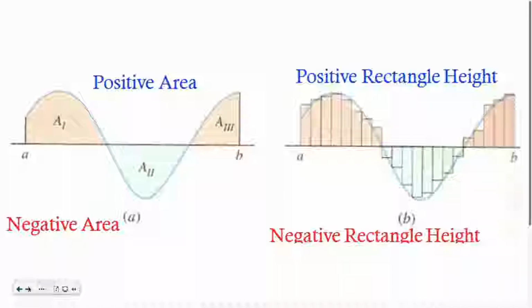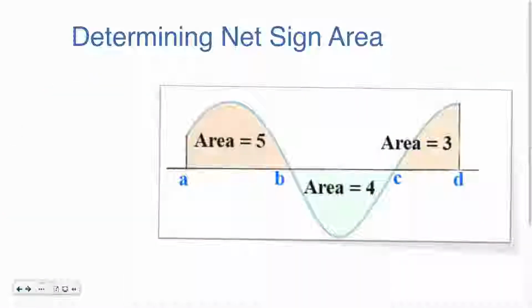Okay, so anytime we find area under the curve, above the x-axis we're going to have positive area, below the x-axis we're going to have negative area. Okay, so, oh, I thought you said hold on. I'm tired. I'm sorry. So if we have something that looks like this,